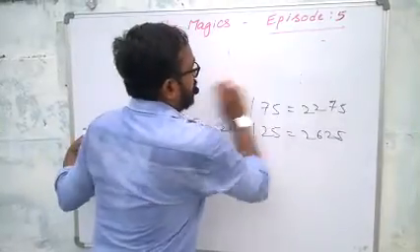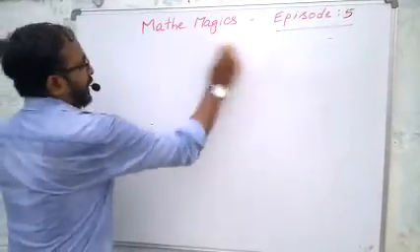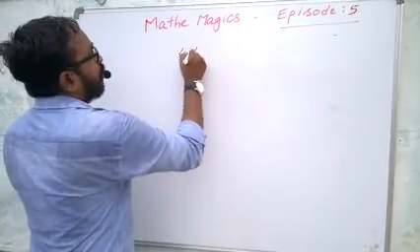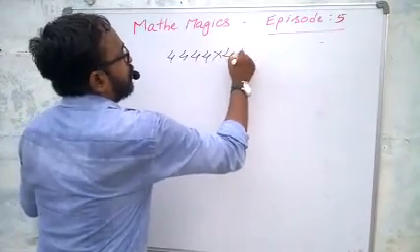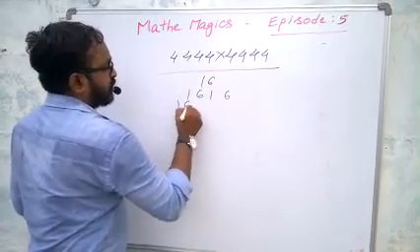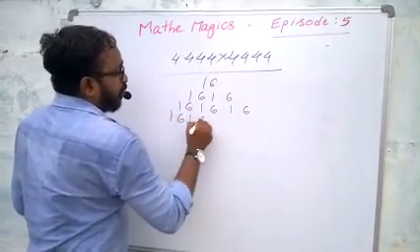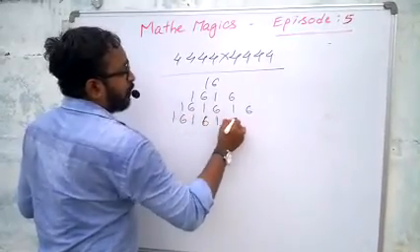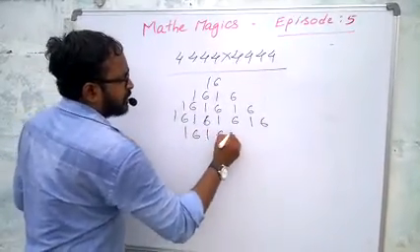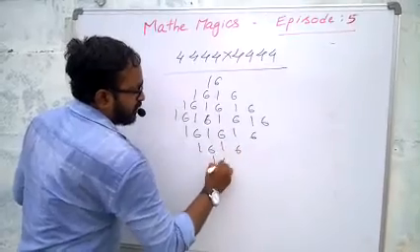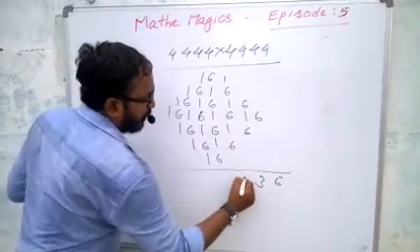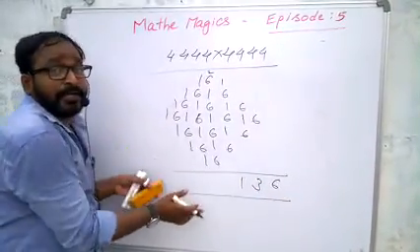Now we'll go for another method, like a small fun technique. That is called the parenthesis method. For example, if you want to find the product of 4444 into 4444, we know 4 into 4 is 16. That is 16 again 16. Keep writing till only 4 rows, because there are 4 numbers. Now start reducing 16 and again 16 and find the sum. 6, and here is 13, 18 plus 3 is 21, like that. We are able to find the sum at the bottom.